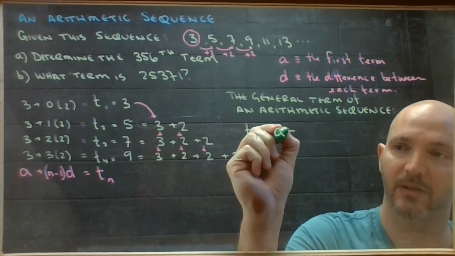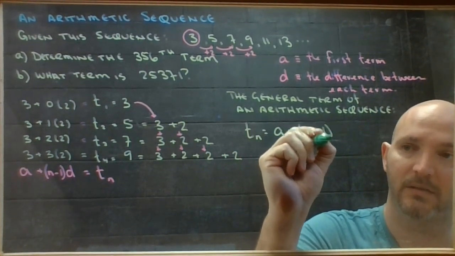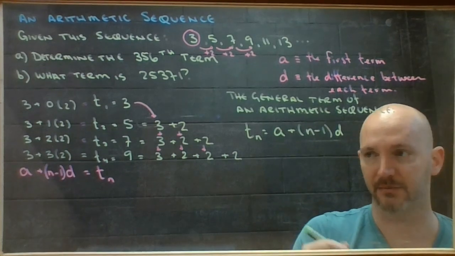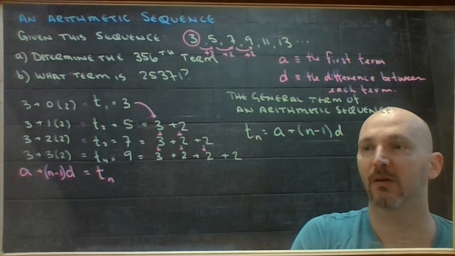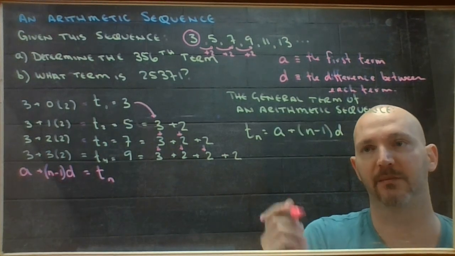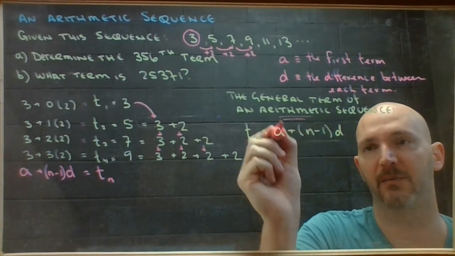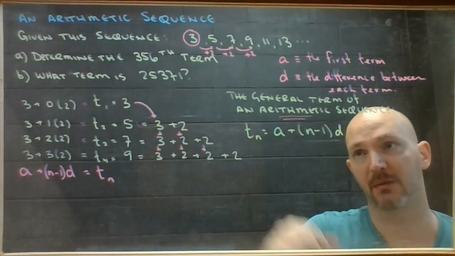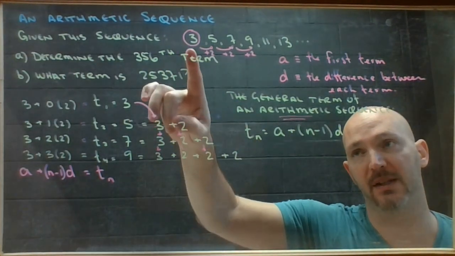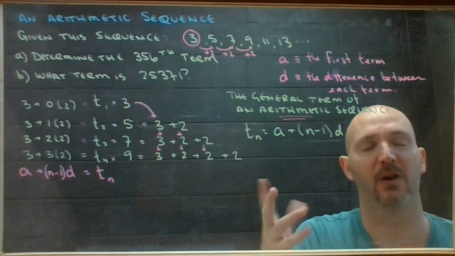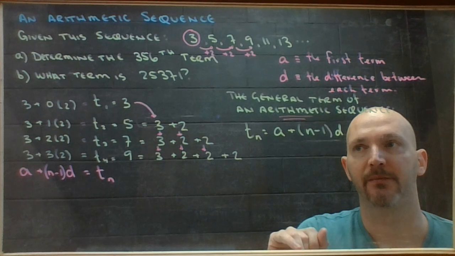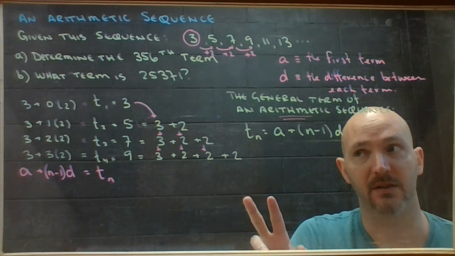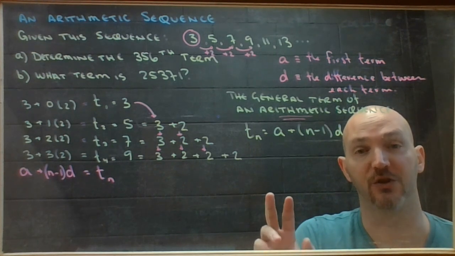It's the first term plus some number of the difference. Okay, now just while we're at it, this particular word, arithmetic, all that's telling you is that to get from this term to this term to this term, you're either adding or subtracting some number. There is a second type of sequence that we're going to do called a geometric sequence,